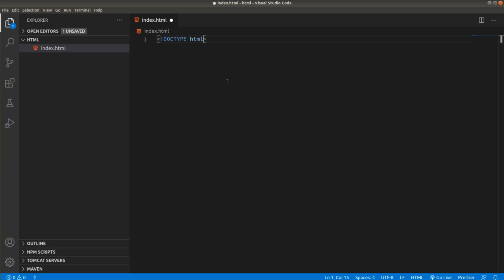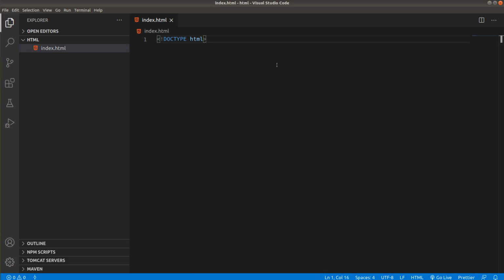In previous versions of HTML, it was mandatory to specify a version number here. So suppose the latest version of HTML is 3.0, then I need to come here and specify the version right there like this. And suppose there is a version upgrade from 3.0 to 3.1, then again I need to come here and change the version from 3.0 to 3.1. It is okay if you have a few files, but imagine if you have 100 or 200 files, then it is a very boring and repetitive process to go to every file and change that version number. But nowadays with the latest version of HTML, you don't need to specify the version, and the latest version of HTML is automatically treated as the current version of your HTML document.